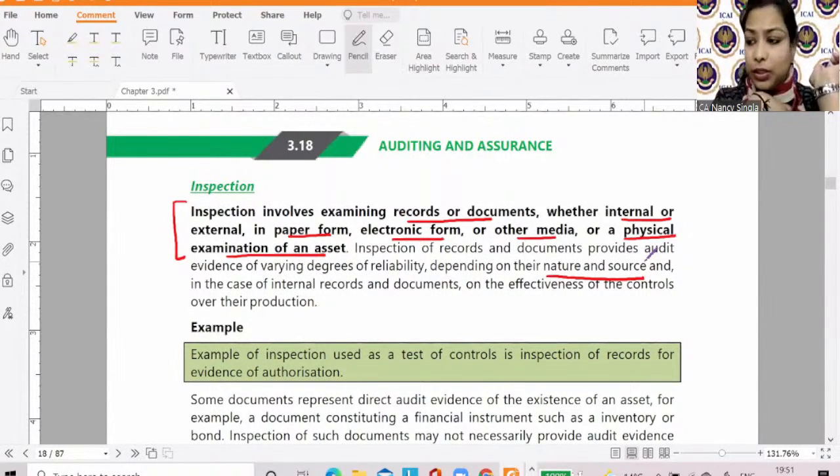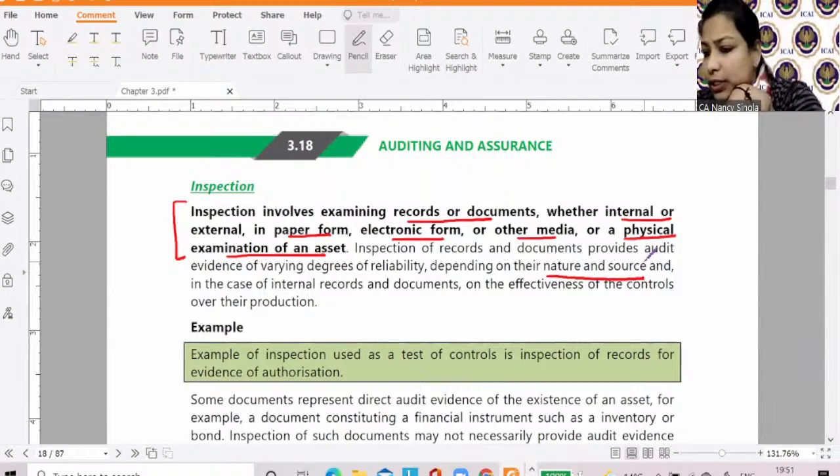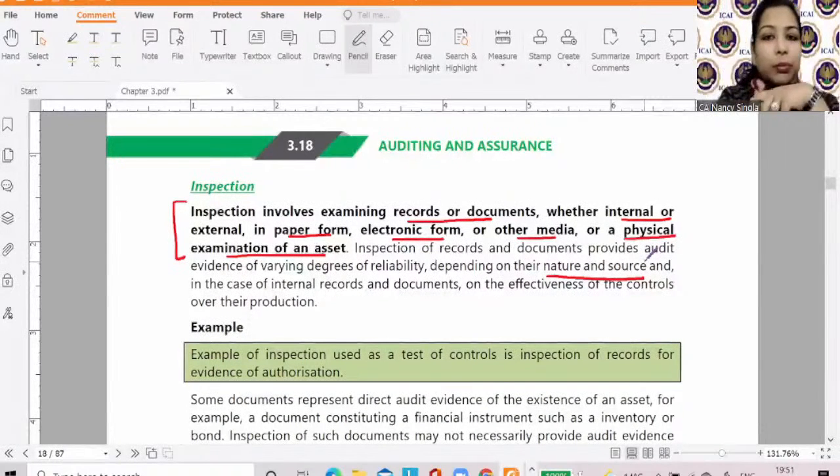to know about, whose query was this? Astha, now listen to this assertion point again. So, let's say there is a building. It is coming at 1 crore. Okay, in my client's books of account. I want to know whether the ownership is with the client or not. Okay? Now, when I'm inspecting that building,